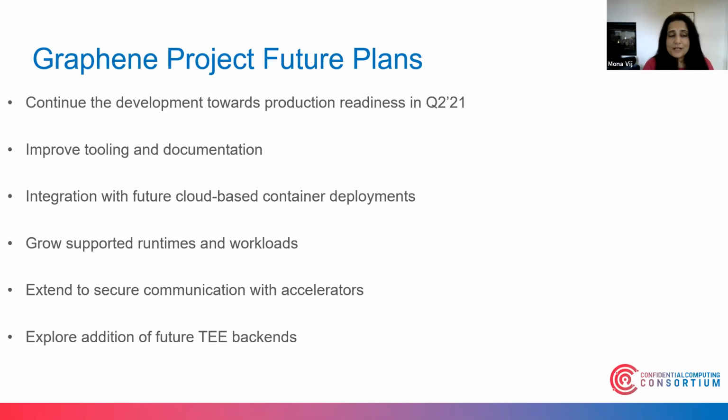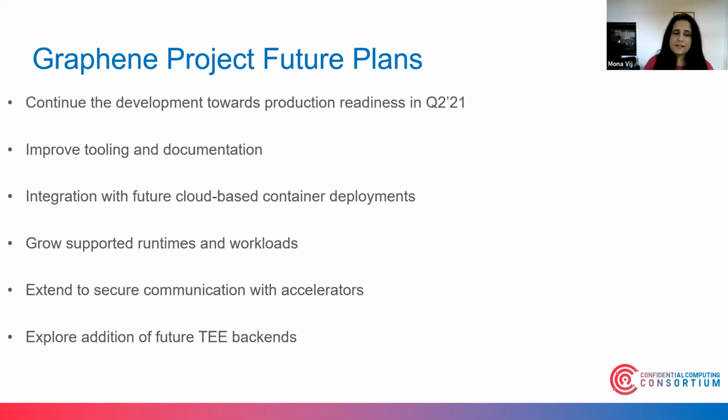So our immediate goal, as I said earlier, is to get this production ready release out in Q2 21. And as part of that, we will improve the tooling and the documentation. And there are lots of other infrastructure pieces appearing, like confidential service meshes for confidential computing. And we are talking about integrating with these other infrastructure pieces to ease the deployment in the cloud as well as edge. And we continue to grow supported runtimes and workloads